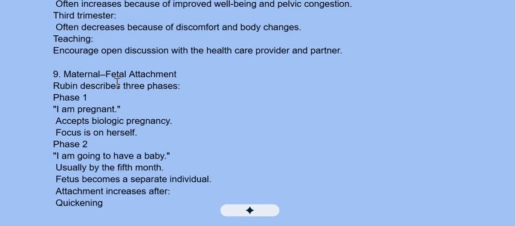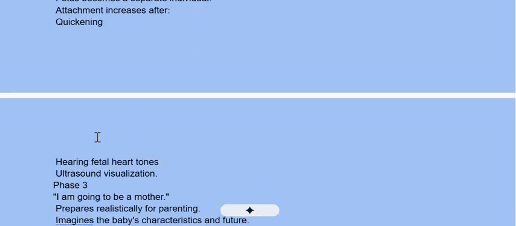9. Maternal-fetal attachment. Rubin describes 3 phases. Phase 1: I am pregnant. Accepts biologic pregnancy. Focuses on herself. Phase 2: I am going to have a baby. Usually by the 5th month. Fetus becomes a separate individual. Attachment increases after quickening, hearing fetal heart tones,